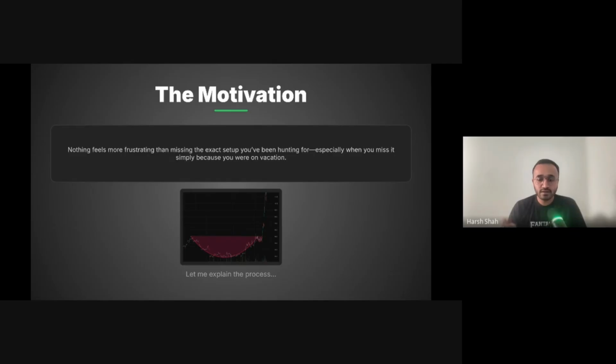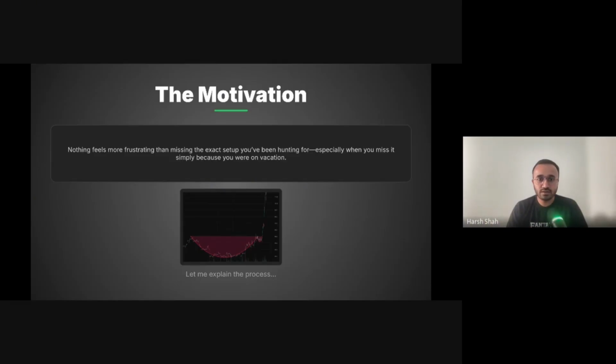So, what was the real motivation behind the scanner? Sometime in May, I went on a cruise, and the chart that we look at here is Intel. As we can see from the chart, the pattern being formed is a cup and handle pattern. If you are new to technical analysis, this might sound absurd. But if you go to any stock in the stock market, if it is going to break out, most of the times it forms some kind of pattern, because whatever is on the chart is eventually driven by greed, emotions, and humans selling and buying over decades.